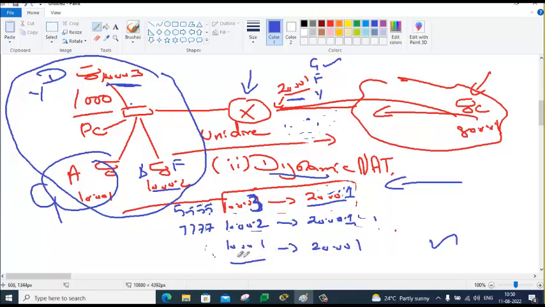And 10001 is also having port number 9999. So what this router will do when it NATs, it uses this port number and says 5555, 7777, 9999. It copies the port number so that